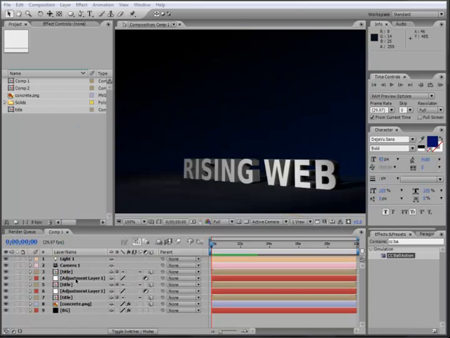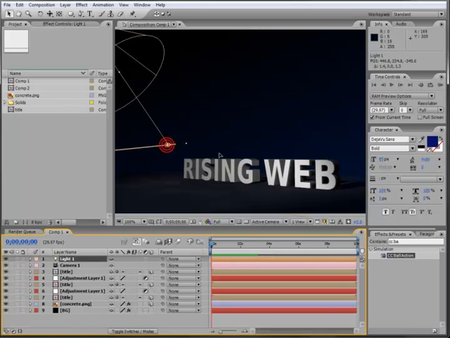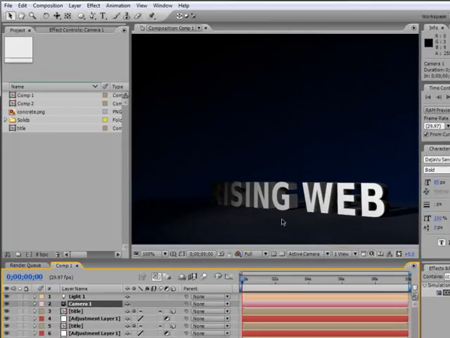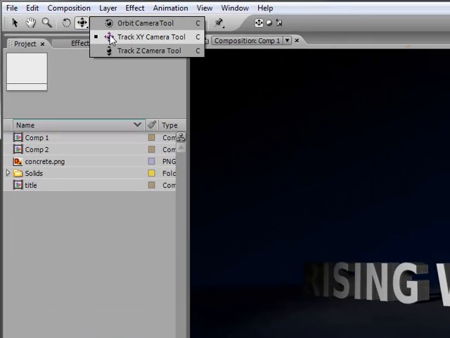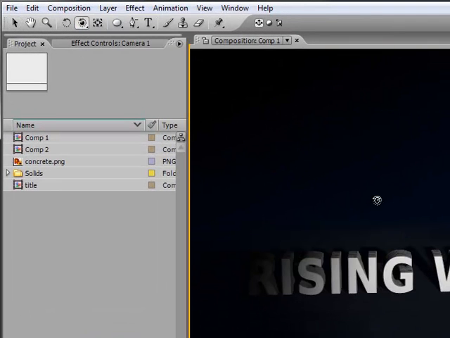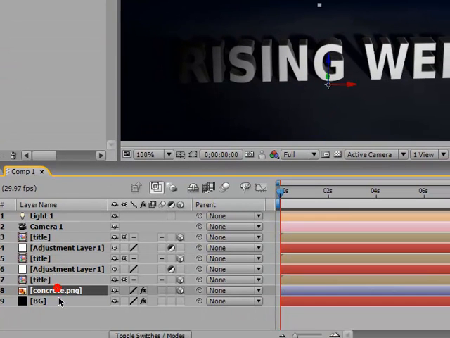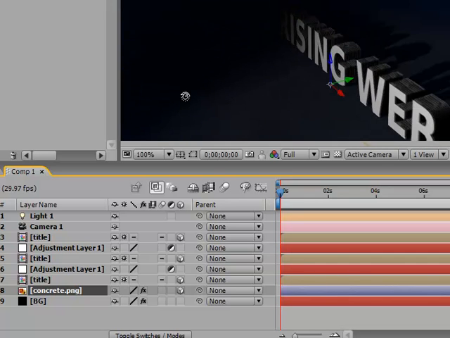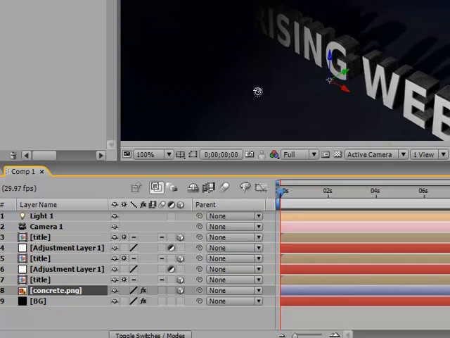Alright, so you can see we have a light here, and then it just affects the light in the scene. And then the camera, you can just swivel that around however you want to do that. And then our titles here. And then we also have a ground as well. Obviously, you usually like to have it look like it's sitting on something. Doesn't really matter too much if it actually is, but